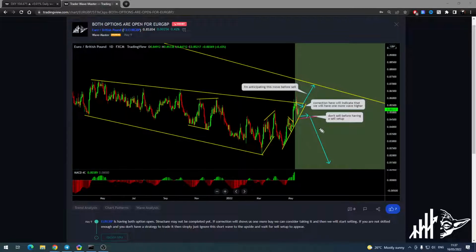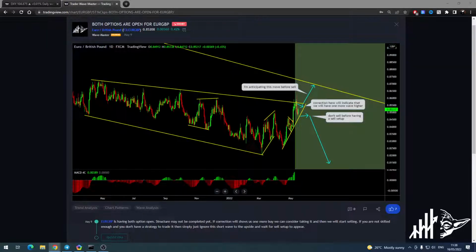Is there a sell stop? No, there isn't any sell stop. I'm not seeing this movement yet. I'm much more interested in this buy over there. Can you go for the buy? Yes, of course you can, but not on the daily. You have to find the proper buy setup on lower time frames. You cannot trade based on the daily. That isn't going to work for you.